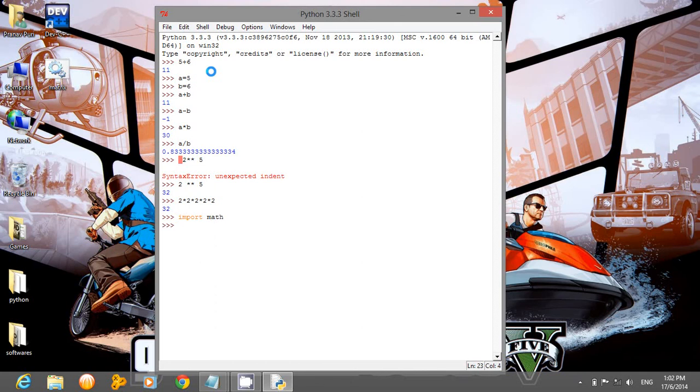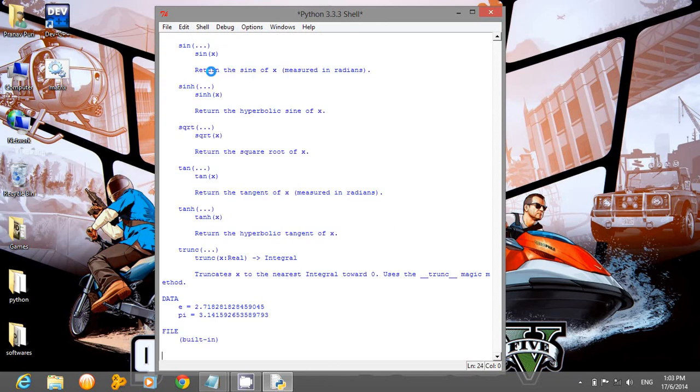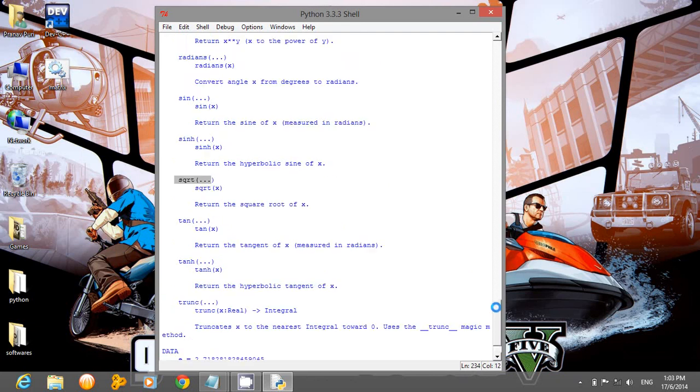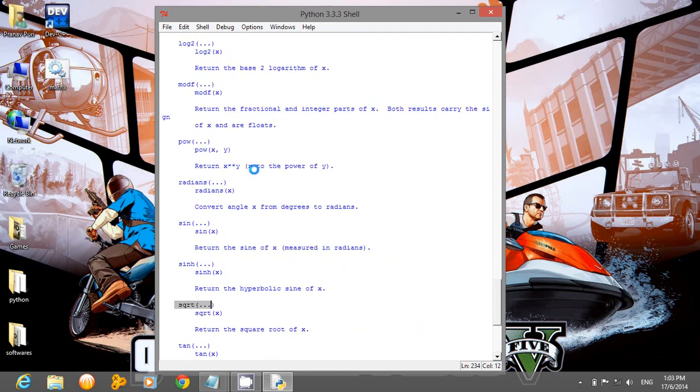And if you don't know what library functions are available in the math module, just type help(math). You can see all the library functions that are available in math and the return type is also given.